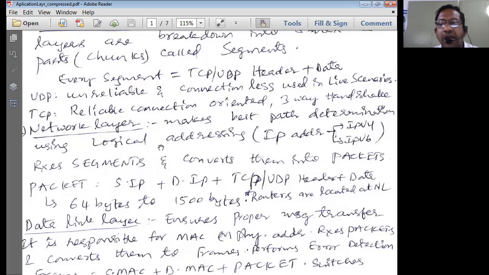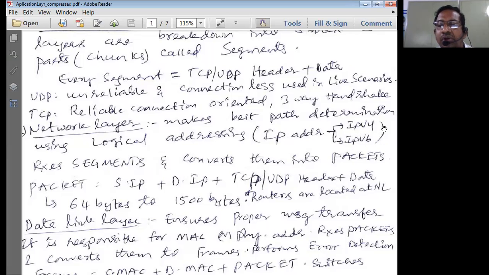Addressing means what? Logical addressing is an important part done by the network layer. Logical addressing is done by using the IP addressing scheme. In the case of internet or internetworking, it uses the Internet Protocol address, known as the IP addressing scheme, done by using two protocols known as IPv4 and IPv6.